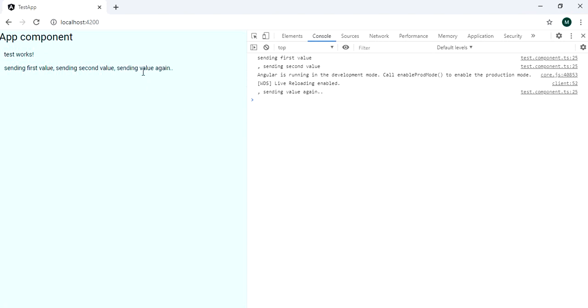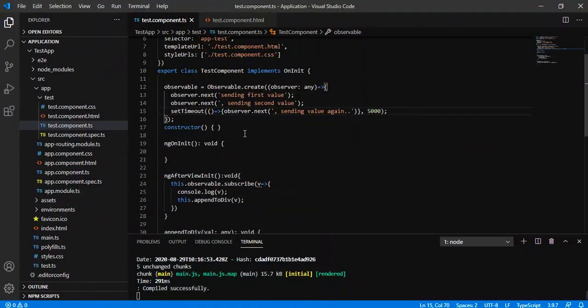Let us say this value has been sent, and this particular value has been emitted after 5 seconds. So thank you so much.